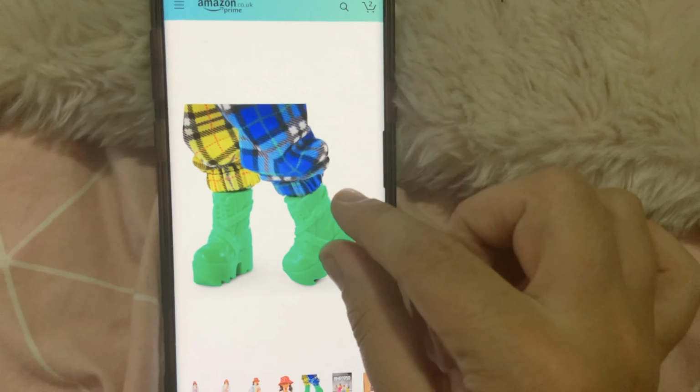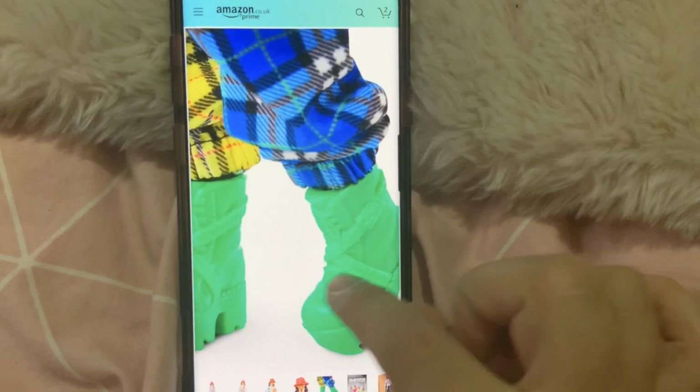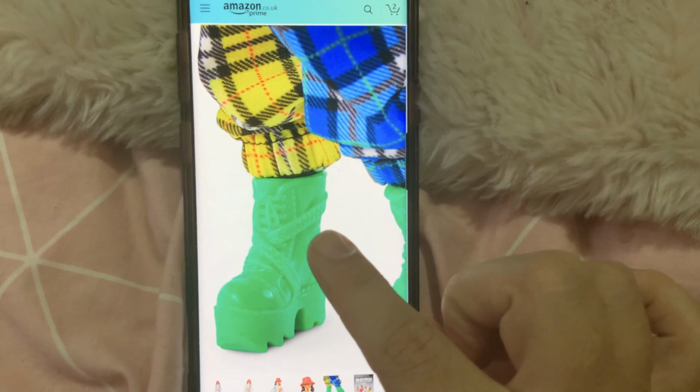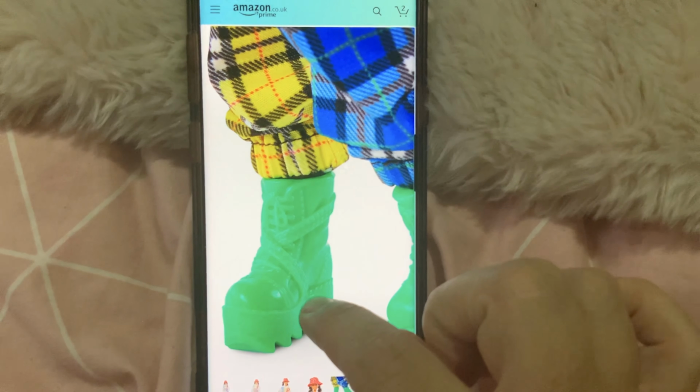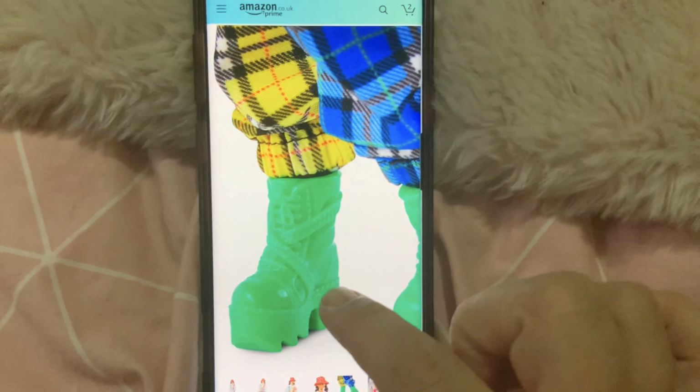Now, we take a closer look at those. Here, where the straps cross one another, in real life that would actually be black or metal, and this bit here would be coloured, and that bit at the bottom would be sort of like a wax style, in the style of a Doc Martin, if that makes any sense. And these laces would be different colours, but we'll go into that a wee bit more in depth when we look at the doll. And that is them there. So if we take a closer look here